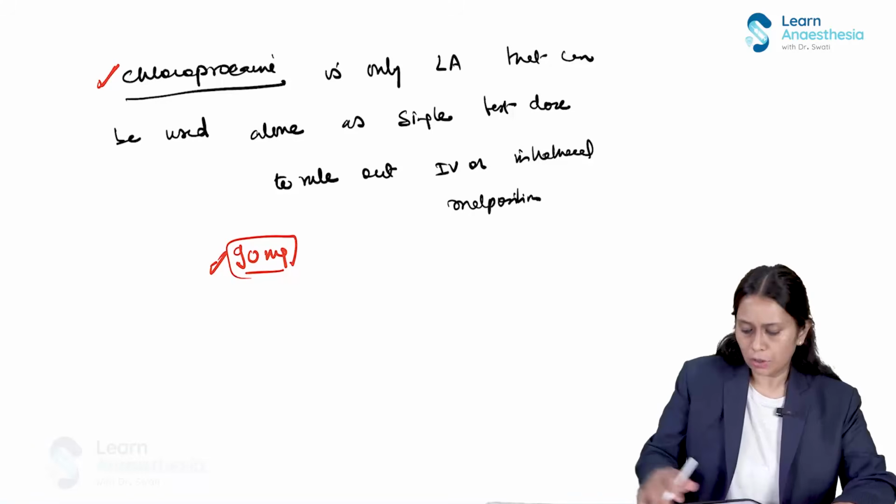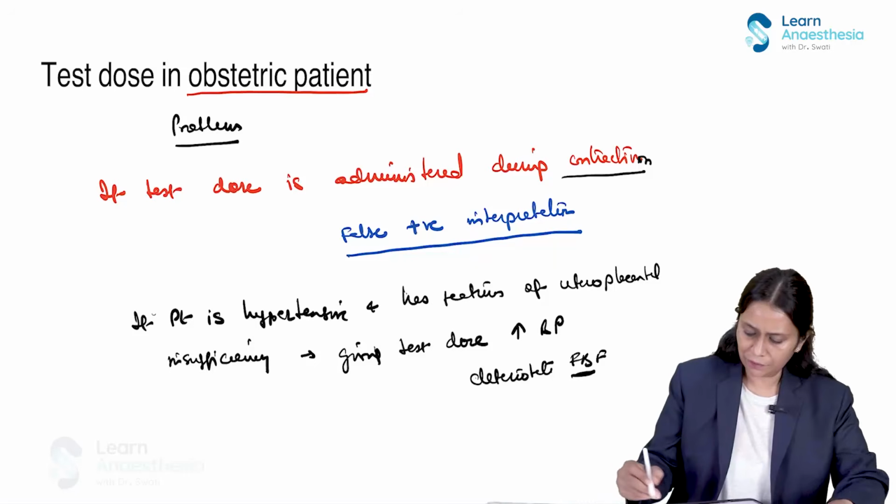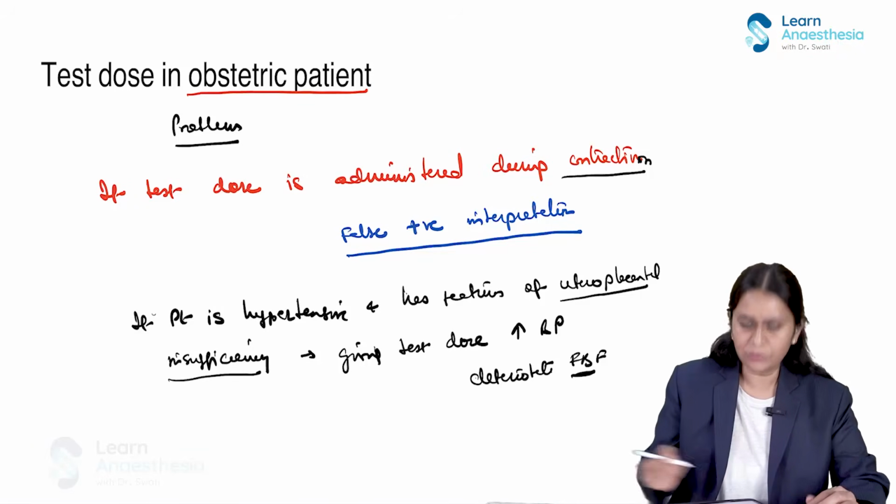The fetal blood flow. So in these patients whom we are expecting a uteroplacental insufficiency, we should avoid using ADR,